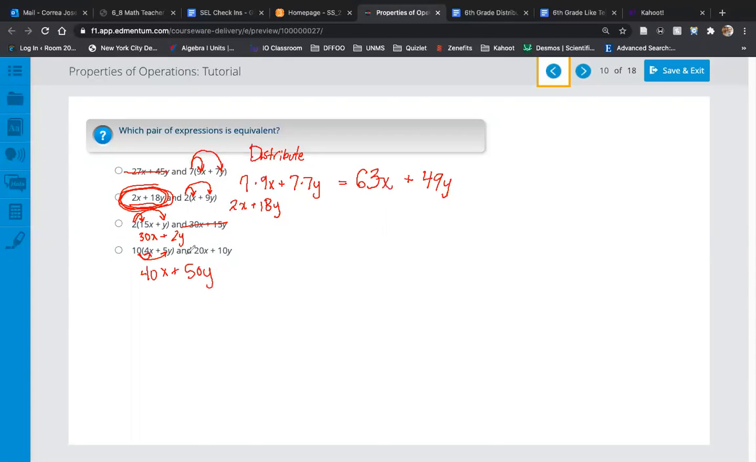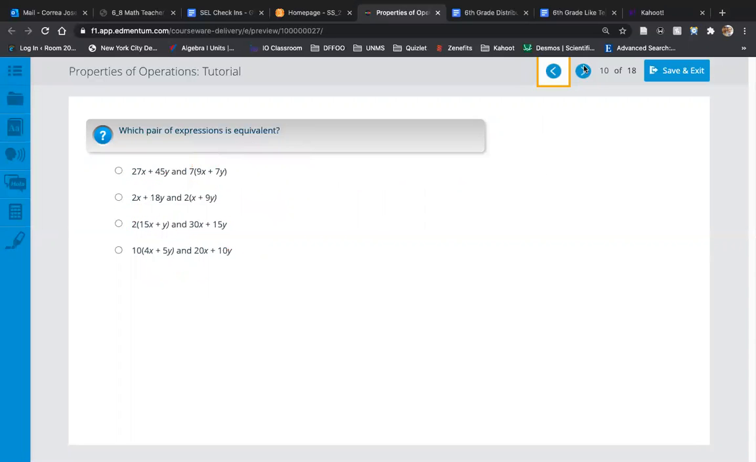50y is what I should get. That's not the same expression, right? Just please let me know if you guys have any questions here. We're gonna, again, practice with distributing more today, right? So after we finish that section, we're gonna go on to the next part,